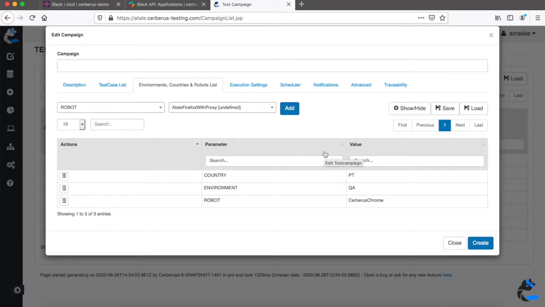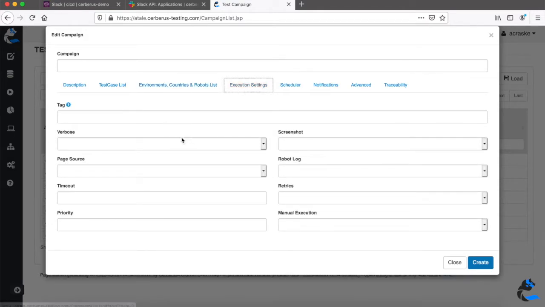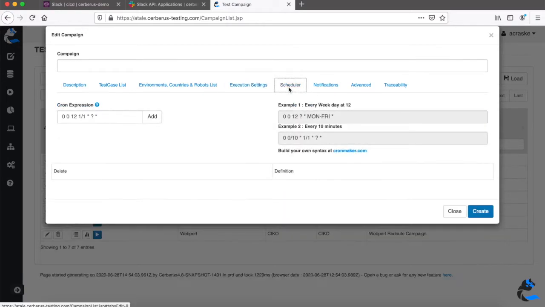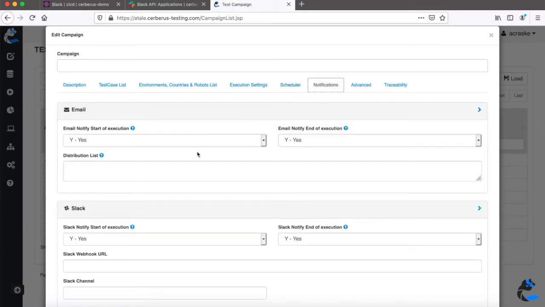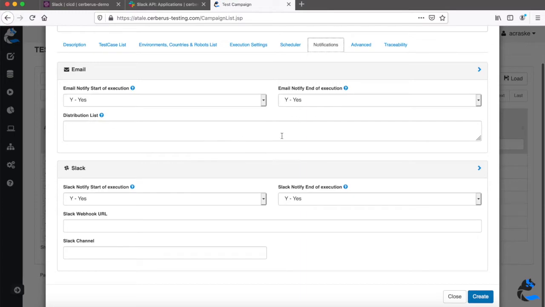Our parameters are mainly configured, so now we can set up additional ones in the execution. In our particular case, I will just set a sample tag, but nothing more is needed for this demonstration. In terms of scheduling, I don't need any, as it will be triggered by the CI/CD part we'll see later.